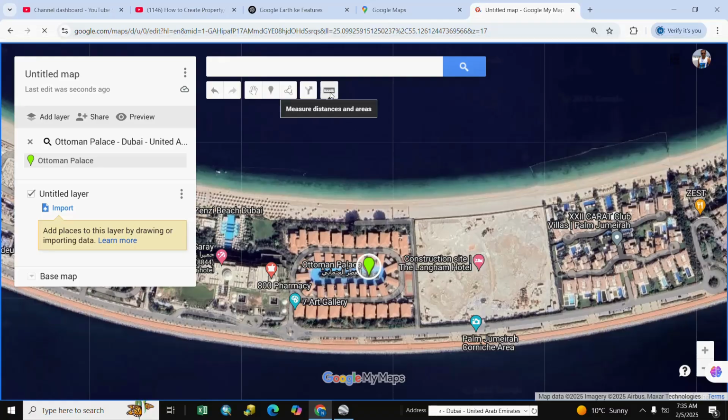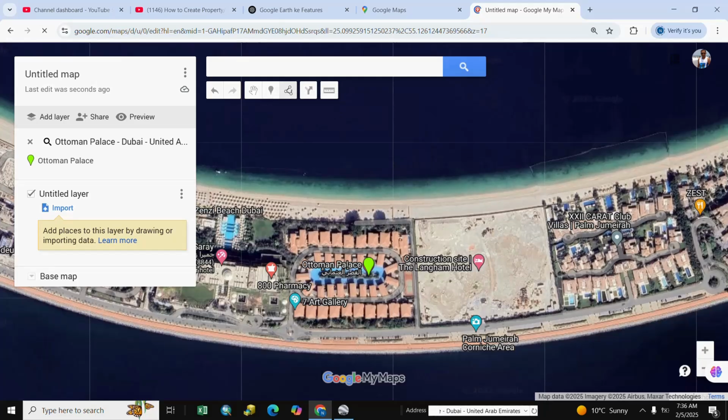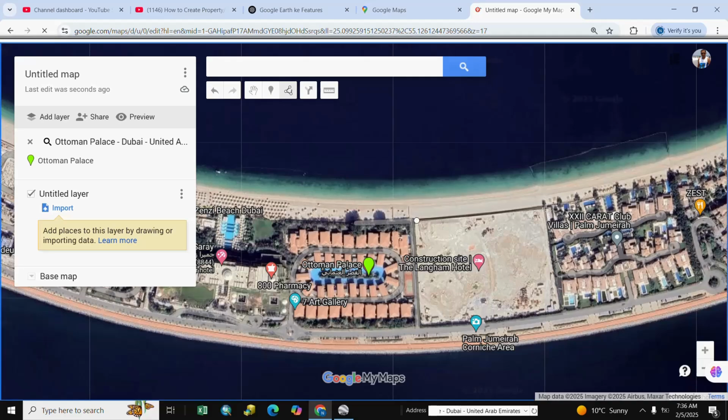Here is measurement and add direction, draw line, add mark, selection and redo and undo. We select here draw line and we start, add and we start.